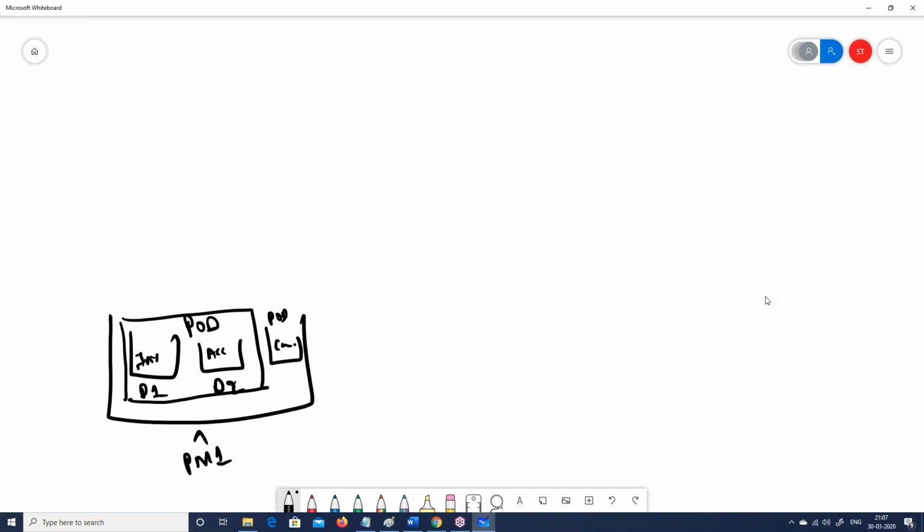Why are they logically grouping the Docker containers? So that tomorrow, if something happens over here, and I want to shift this to PM2, I can take this complete pod and shift it out here. It becomes very logical to shift a group of containers in one go to another machine if I want, right? So this is termed as a pod. And this machine here, it's not necessary to be a physical machine. It can be a VM also. It's termed as a node.